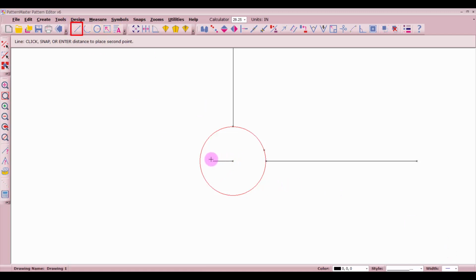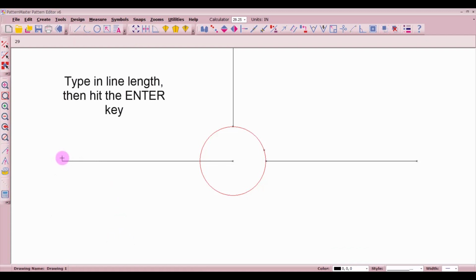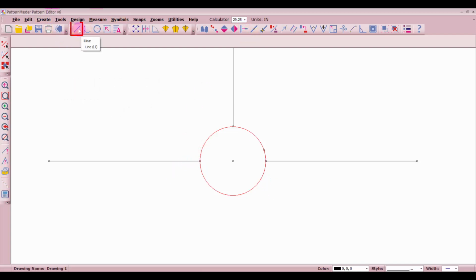So right click at the center point, hold your control key, drag out, let go, and then the last line,